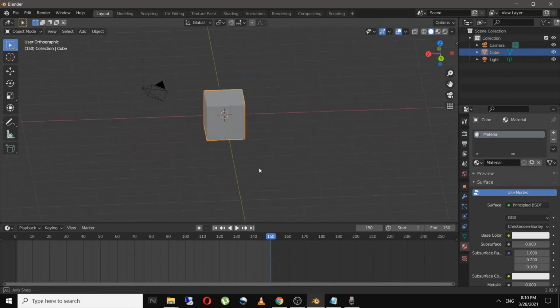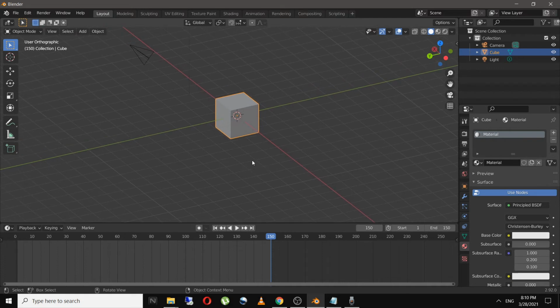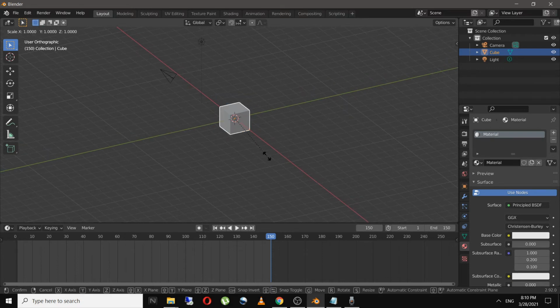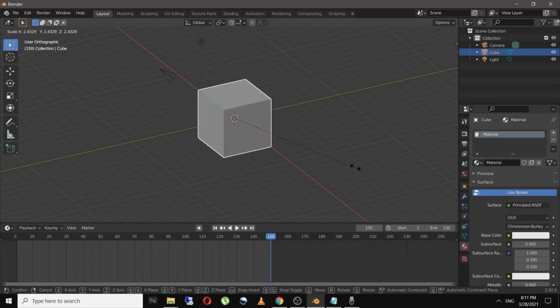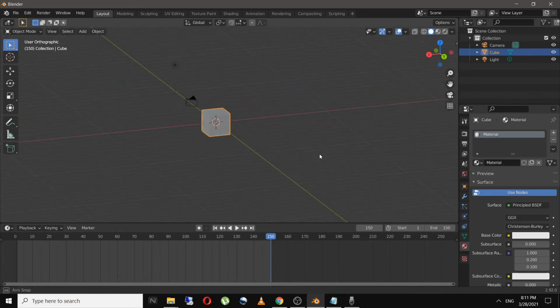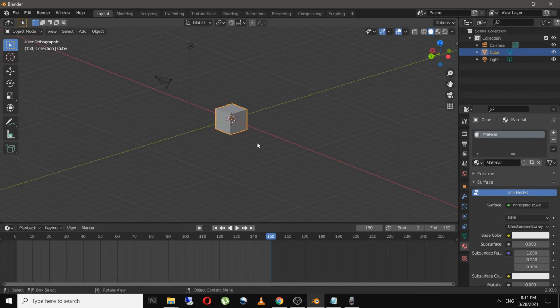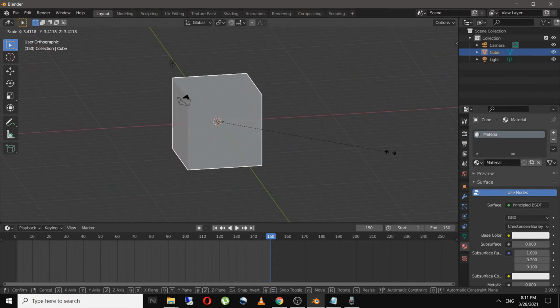So let's work with this cube now. To scale this object, to make it bigger or smaller, you have to click on S. This will increase and decrease the size of the cube. And if I click on escape, it will go back to its default size. If I click on just S, this will scale the object in all three directions.